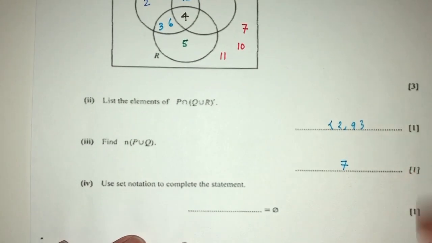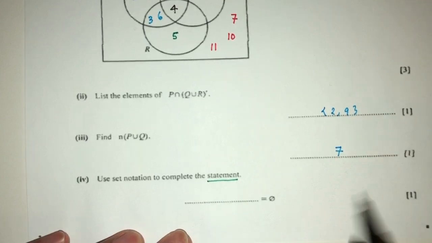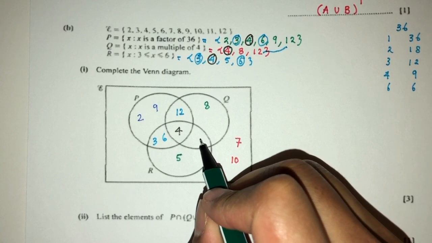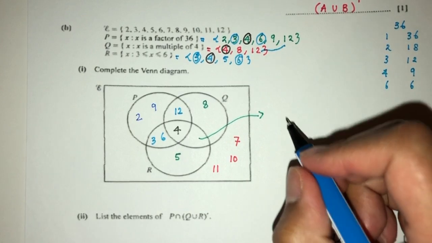Now for part 4, we have to use set notation to complete the statement. Which one is an empty set? As you can see, this one will be the empty set. So how would you describe this region? So pretty easy. It will be Q